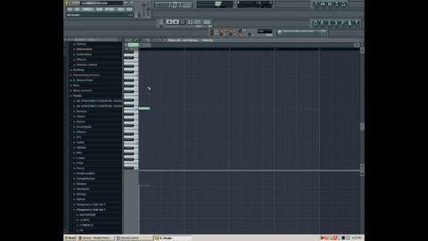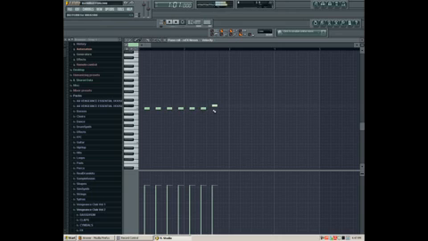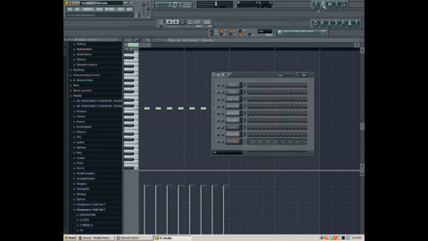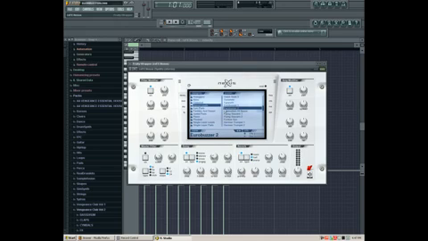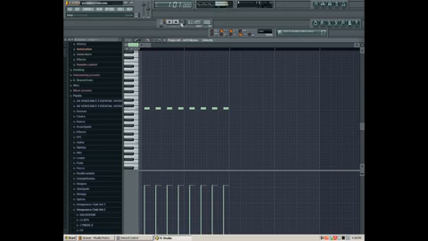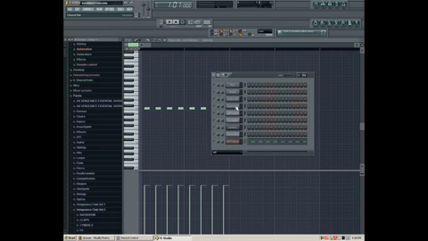Okay, now, well, it can be anything you want, so we'll just create a basic bass line. Okay, now that we have the melody there, all we have to do to automate